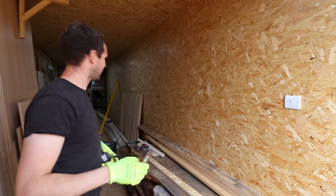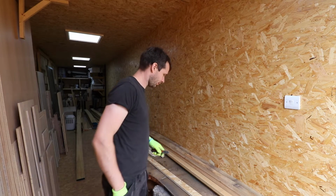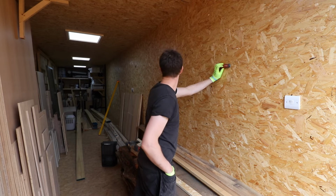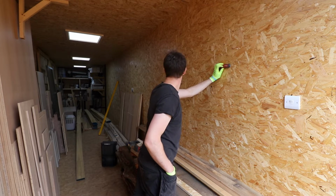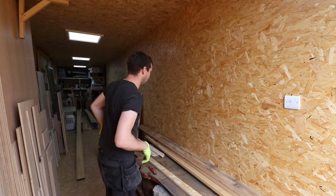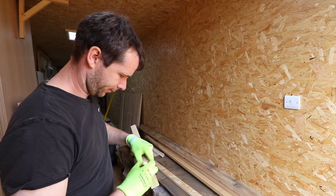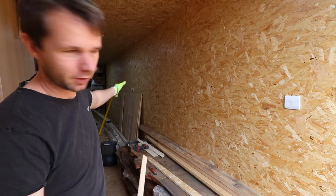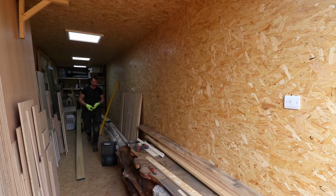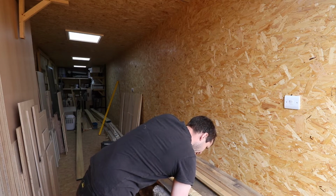I'm just going to work out the spacing for the frames. I've got 8 frames. The last one is going to end on this stud here, so it's going to be about 25mm off that centre. I'm just going to ping a measurement to the frame I've put up at the other end. So 7164. Let's write this down. 7164. I've got 6 frames spanning that gap, so we need to knock off 6 times the width of the frame. That's 50mm, so that's 300mm. So that's minus 300,